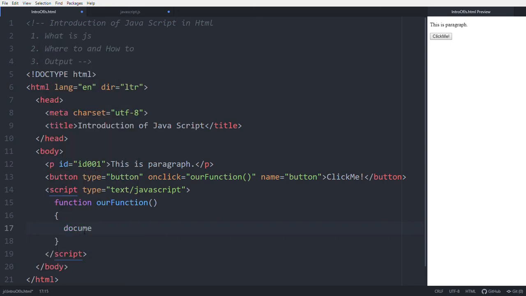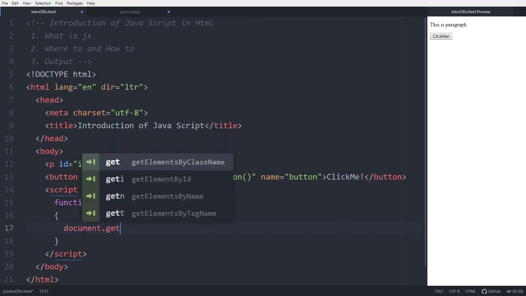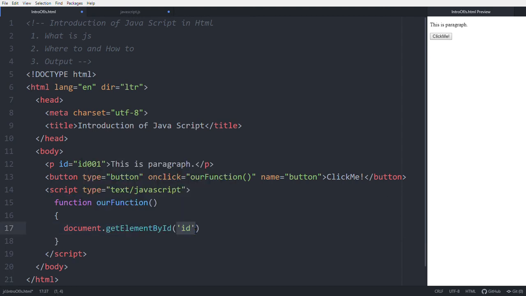To get access to that element, document get element by ID. You can get the element by the class name too. We are going to get the element with get element by ID. You can use double quotes or single quotes in this method. This is ID 001. First, we change the content with innerHTML.